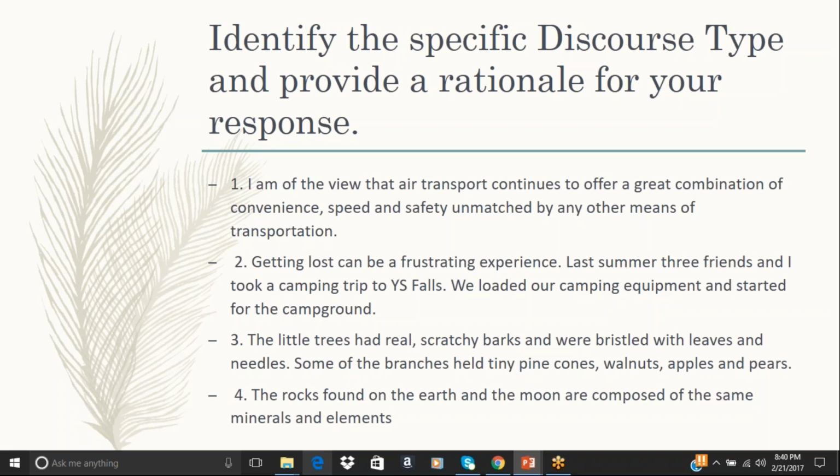Number 3, the little trees had real scratchy barks and were bristled with leaves and needles. Some of the branches held tiny pine cones, walnuts, apples, and pears. And number 4, the rocks found on the earth and the moon are composed of the same minerals and elements. Number 4 is evidently